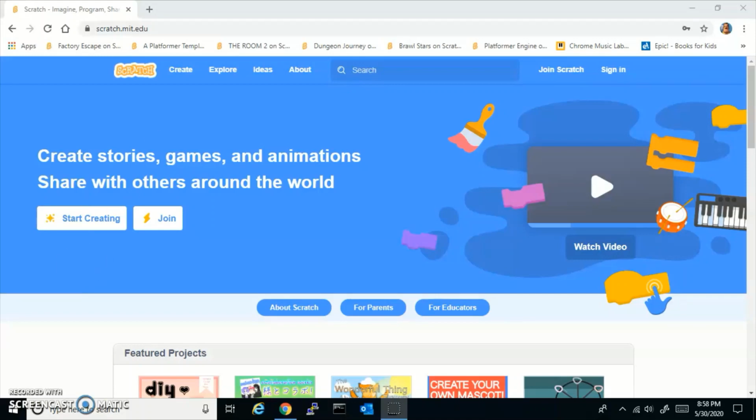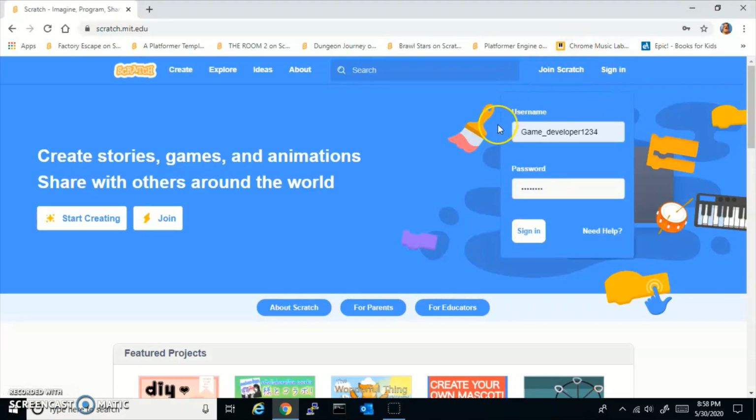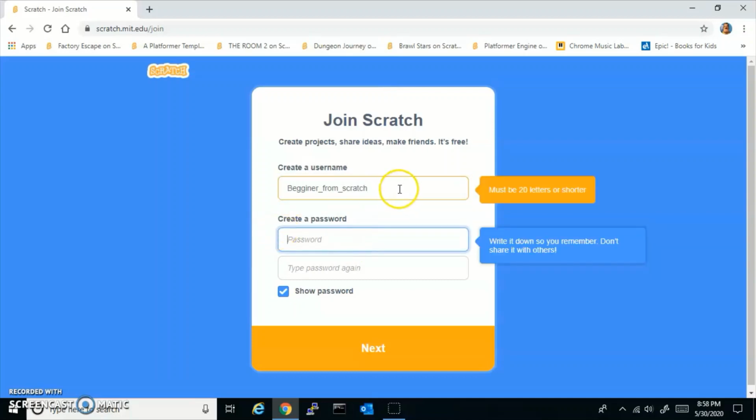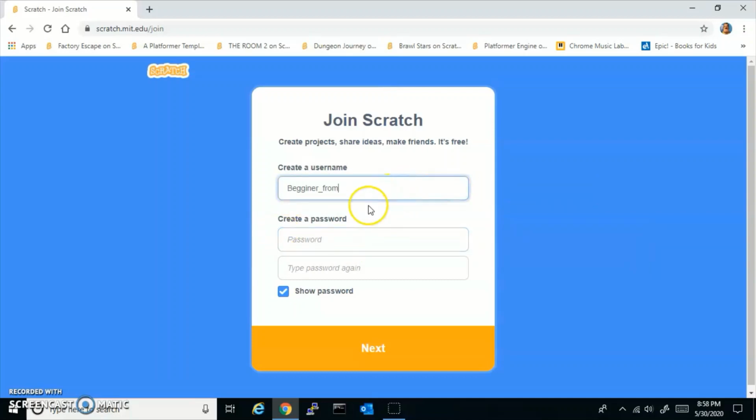First of all, you need to set up your account. So first of all, you click join Scratch. You make a username. I don't know what my username is. So just create a password and